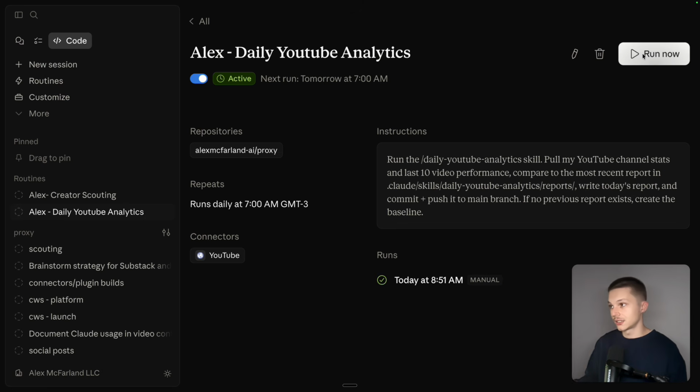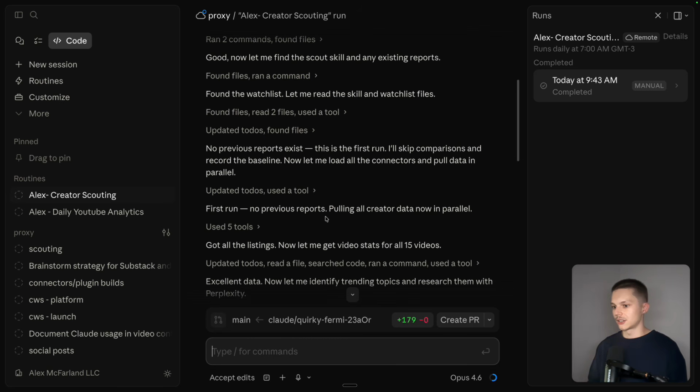You can trigger it manually, which is what I do, for example, with the creator scouting, because I have this running at 7 a.m., right? So anything that happens after 7 a.m. is only going to get picked up the next day. So if I'm out and about and I see, oh, Claude Code routines just dropped at 1 p.m., I can just go trigger it manually, and it'll go look at what the other creators are doing. So those are really just 5 quick things that are small, but also worth knowing